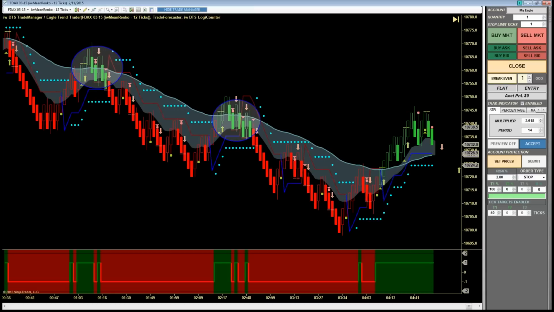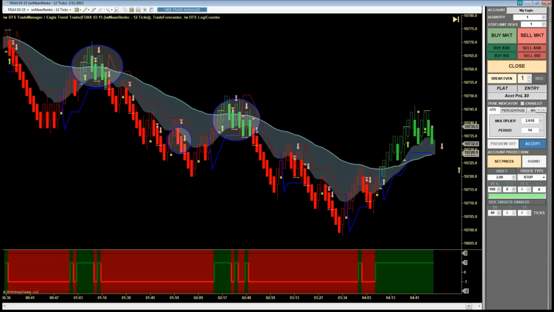So unlike the hawk, where the green bar sell and the red bar buy are actually weak signals, in the eagle, they're strong signals, and we encounter them when they intersect the hard edge of the band. So if I come into the hard edge of the band and I generate a green bar sell signal, I get a lot more aggressive with my trade than perhaps taking this signal right here,